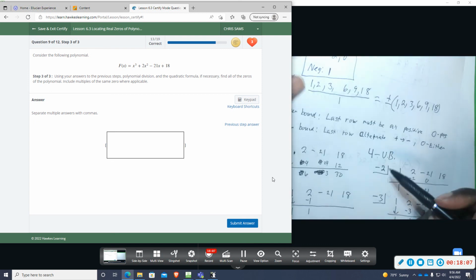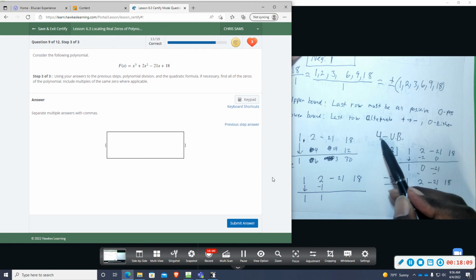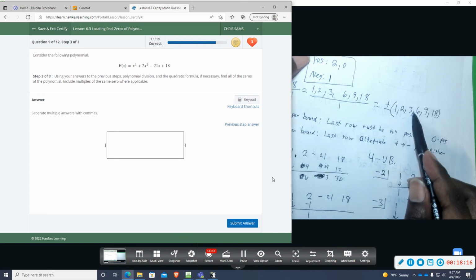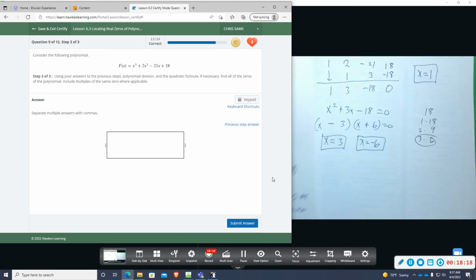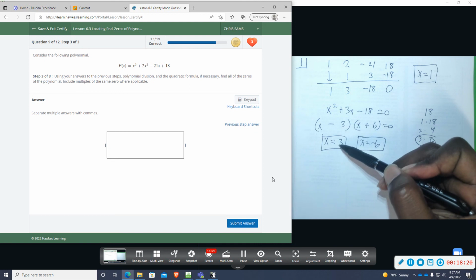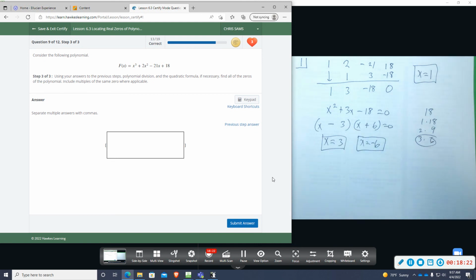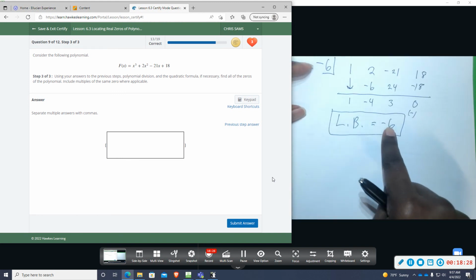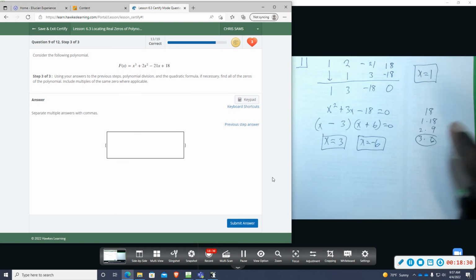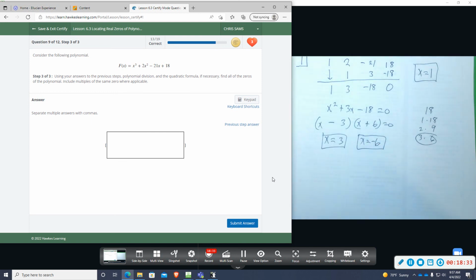And if you combine that with the upper bound and lower bound rules that we applied, the upper bound, remember, was 4, so there was no positive number greater than 4. 4 was the biggest that you would go to. 4 wasn't in my list, so it had to be 3, 2, or 1. And notice 1 and 3 were those positive numbers. And then when we did the lower bound, we found out that my lower bound was negative 6, so I didn't have to go past negative 6. And that just happened to work out. So that's how you use all of